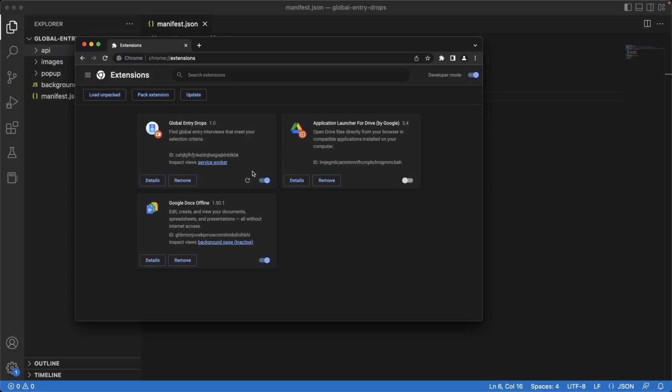Make sure you're in developer mode. You see your description here. Let's go ahead and pin the icon to the extension bar. Click on this right here, and then hit the pin button. There you go. So you won't really see anything here, of course, because it's empty. We just have a blank popup.html. But from now on, whenever we make a change, we just have to hit the refresh button here, and our changes will show up. And then we can inspect the console in the popup.html, and we'll also be able to inspect our background.js using service workers. We'll get into more details in the next upcoming video,